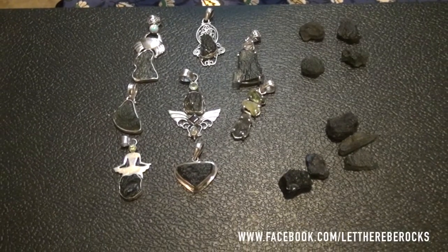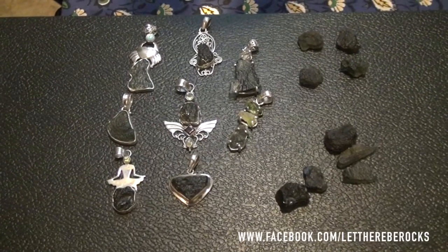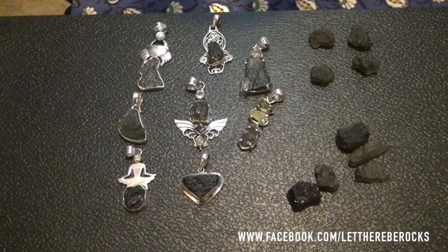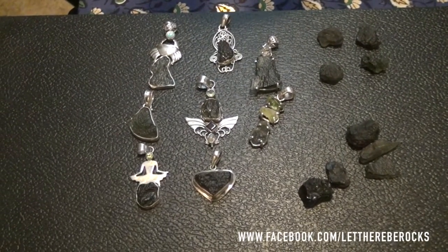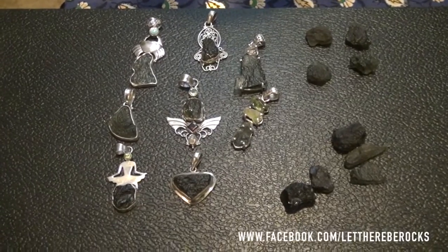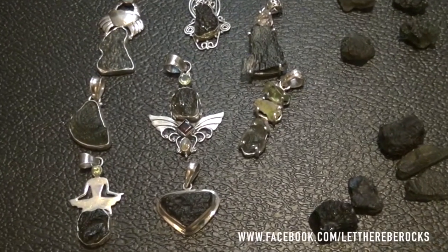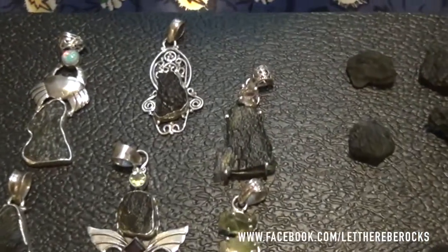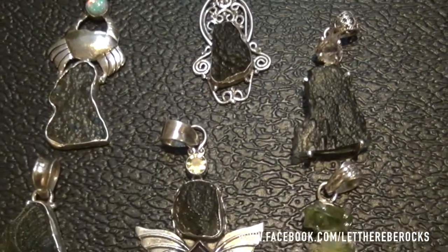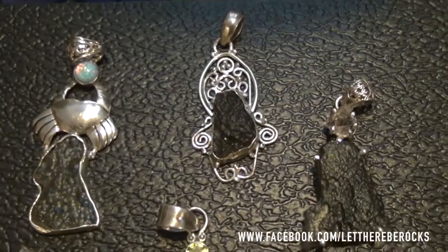Something I wanted to do for a while is showcase some of the different stones and crystals and minerals that I sell, and also that I'm into and know a lot about. So I thought we'd start today and talk about Moldavite here. Some of you may already be familiar with Moldavite. Here are some various pendants that we have